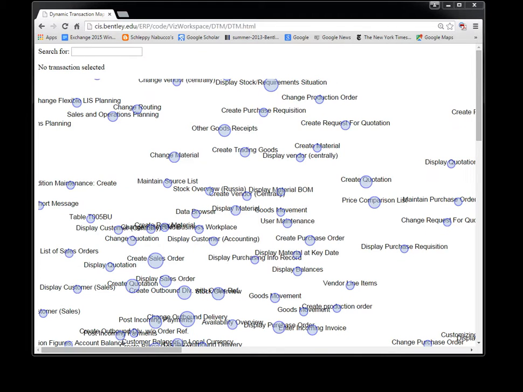In this tutorial, we will demonstrate the Dynamic Task Map, or DTM, an alternative interface for finding ERP transactions. Right now, you can see the DTM displayed in the browser interface. The Dynamic Task Map displays ERP transactions as nodes in the graph. When the interface is just opened and no transaction is selected, you can see the task nodes in blue and